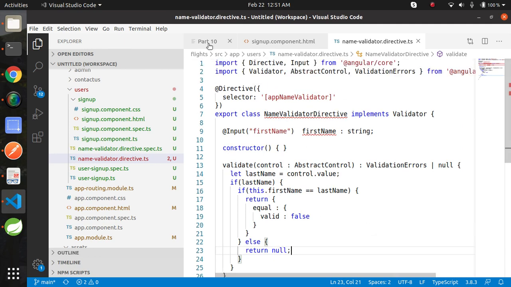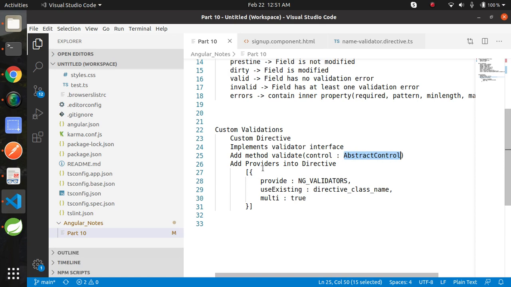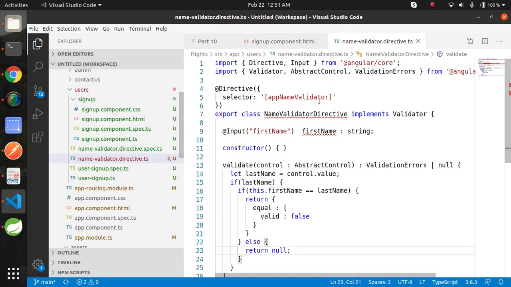Now next step is we need to add providers. Whenever we add the provider, after that when the user enters text into the text field, this directive will be called automatically. Let's add the provider.